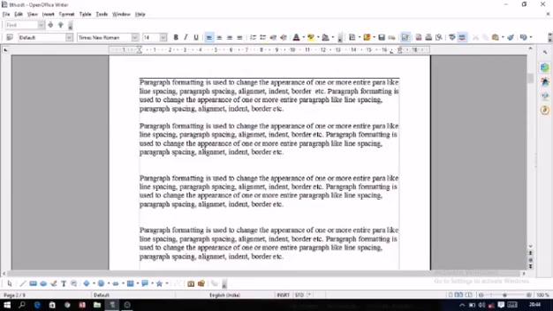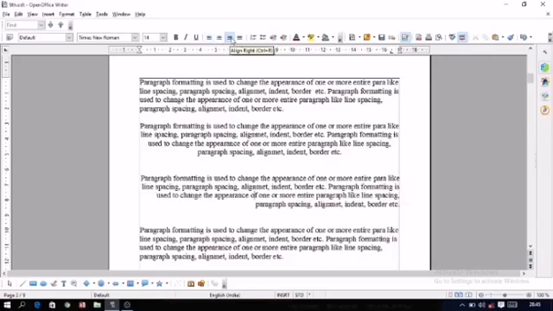So the first paragraph is left aligned. Now I have clicked in the second paragraph and I am clicking on the center alignment. Now this second paragraph is center aligned. Here you can notice that each and every line of the paragraph is in the center with respect to the margin. Now to the third paragraph, I am giving right alignment. As I have clicked on the right alignment button, now the paragraph is even from the right hand side, but it is uneven from the left hand side, as you can see in this example.